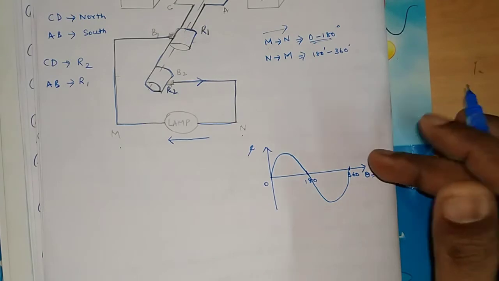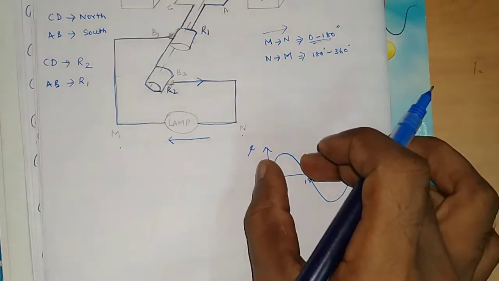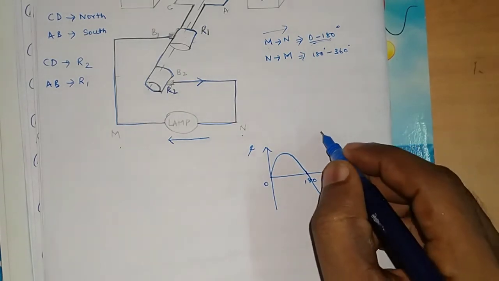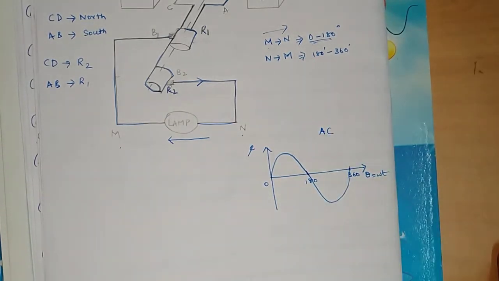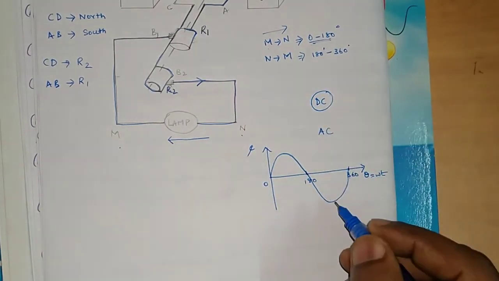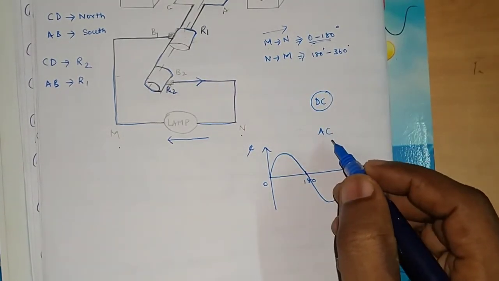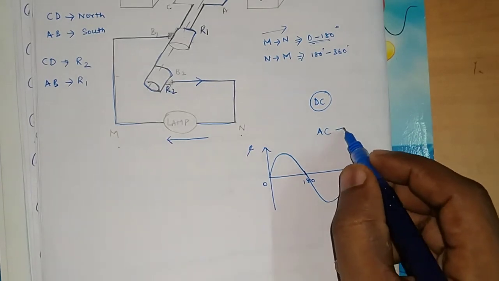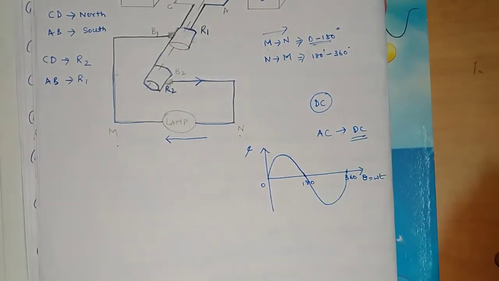Now if I continue, the waveform will go on. So you will get a positive half cycle and a negative half cycle. This type of waveform is nothing but an AC waveform. But we are going to explain the DC generator. A DC generator converts mechanical energy to electrical energy. The type of electricity we need is DC, but what we are getting is AC. So we need to change something in order to convert AC to DC.